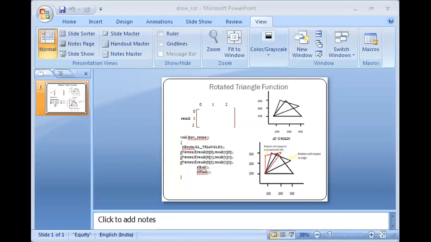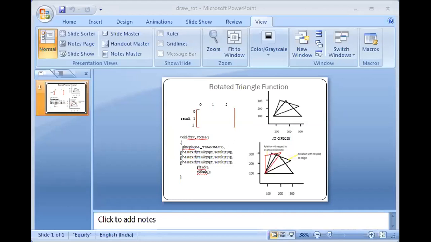This is the flow. First I will draw the normal triangle. Then for each of the vertices of my normal triangle, I will calculate the rotated components at origin, and using the rotated components of each vertex that I have got, I will draw the rotated triangle at origin. Then again for this triangle, I will calculate the rotated component of each of the coordinates, keeping this x and y constant. Again I will draw that rotated triangle. Let us see one by one. So the input is this angle theta.